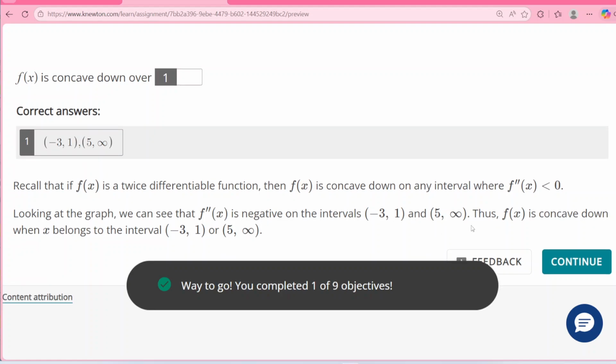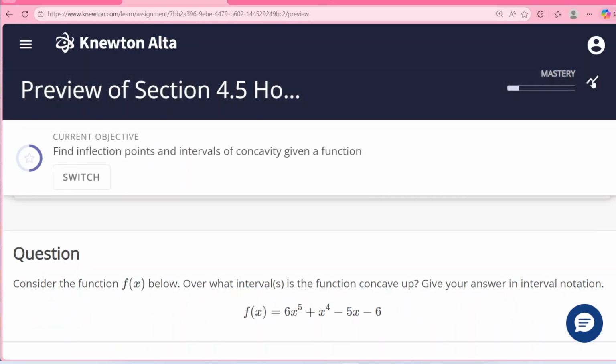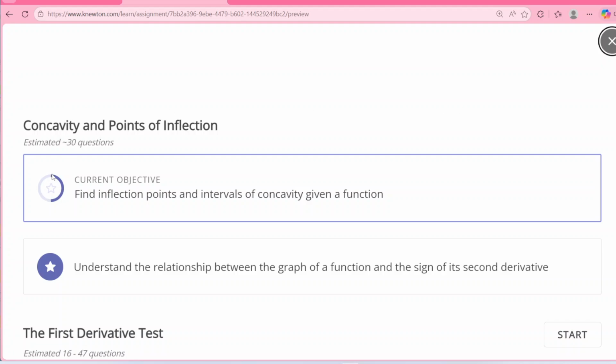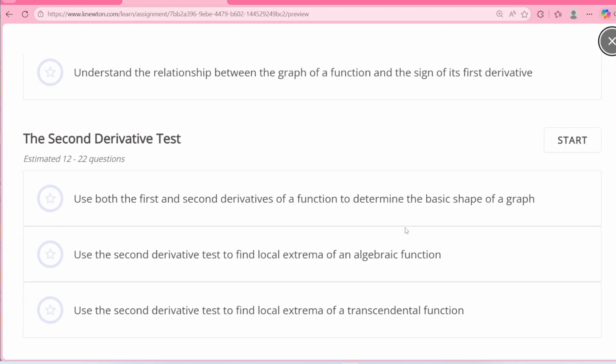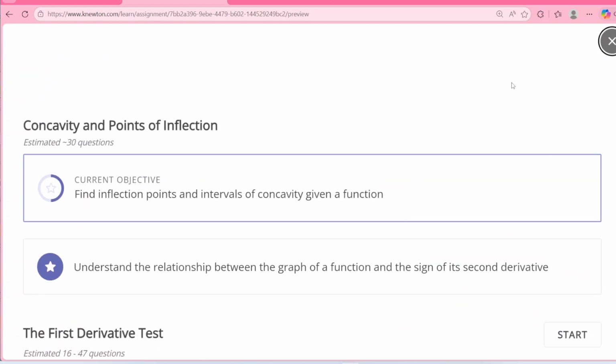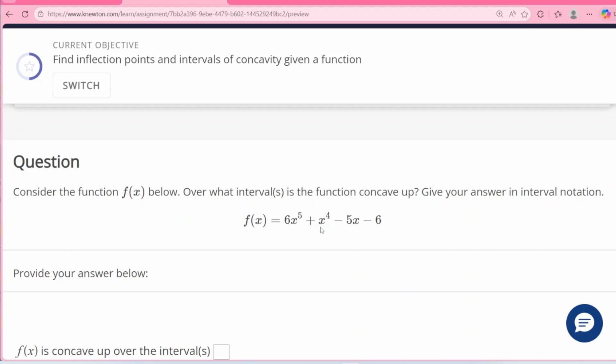All right, so that objective's done. So now the rest of the problems I'm doing in this are just to finish up that other objective in this heading on the concavity and points of inflection, right? So I'm just going to be finishing this one up here in this video. And again, I mentioned this at the beginning, the second derivative test will be in another video, those three objectives, part 3. Right? So once again, we're given some degree 5 polynomial function, asked to find, now this is